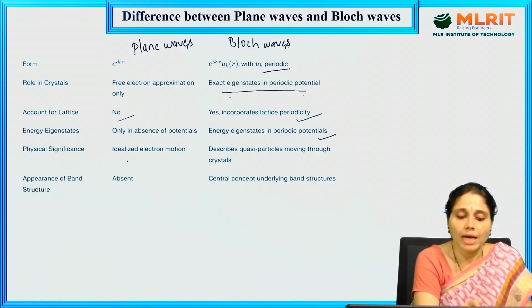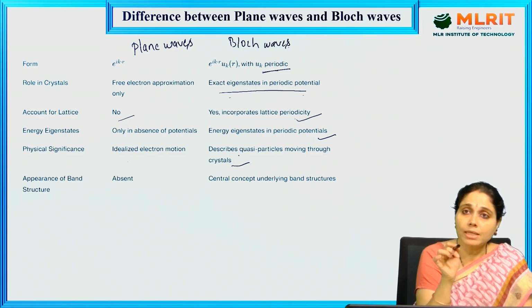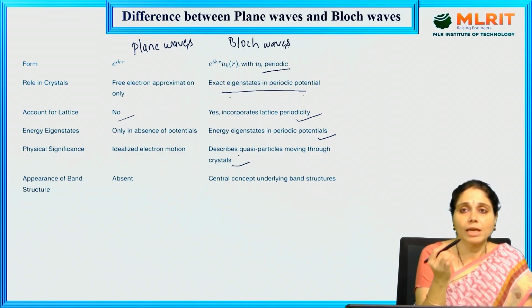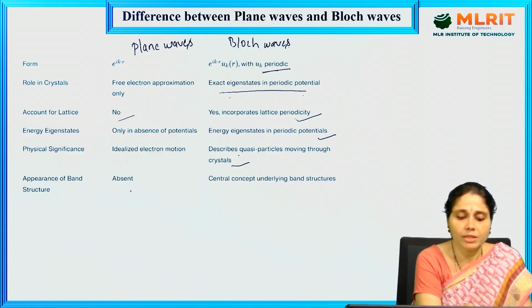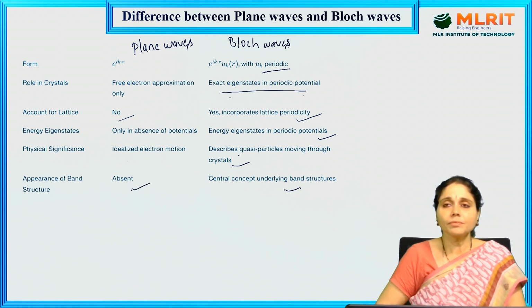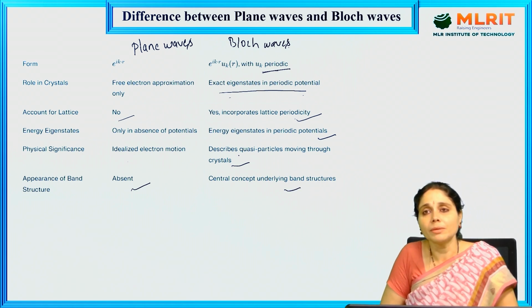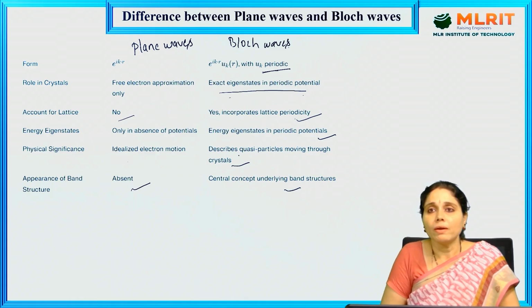Physical significance: idealized electron motion describes quasi particles moving through the crystals. So whatever the moving particles are through the crystals, Bloch waves also describe that. Now, appearance of band structure is absent in the case of plane waves, and it is the central concept underlying band structures. This is the fundamental concept that underlies the band structures; band theory of solids comes from the Bloch waves and